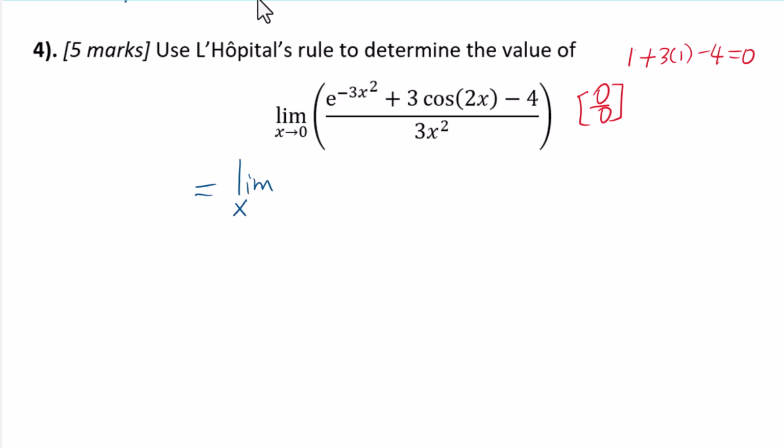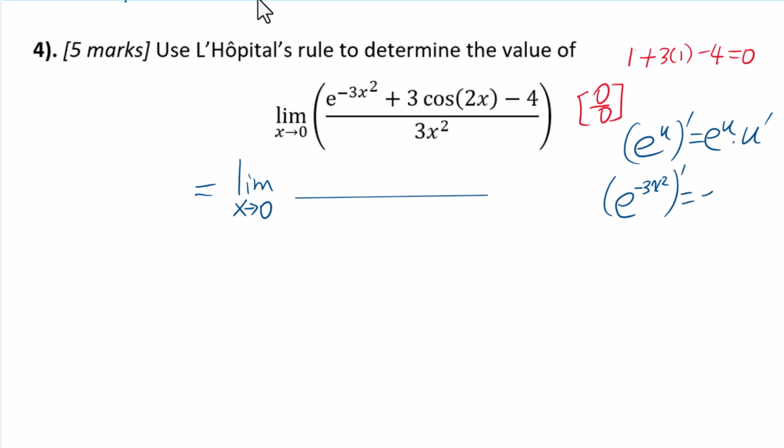Limit as x approaches 0 of. We do know e to the u's power prime equals e to the u's power times u prime. So e to the power of negative 3x squared prime equals e to the negative 3x squared times negative 6x, because negative 3x squared prime equals negative 6x. Negative 6x times e to the negative 3x squared